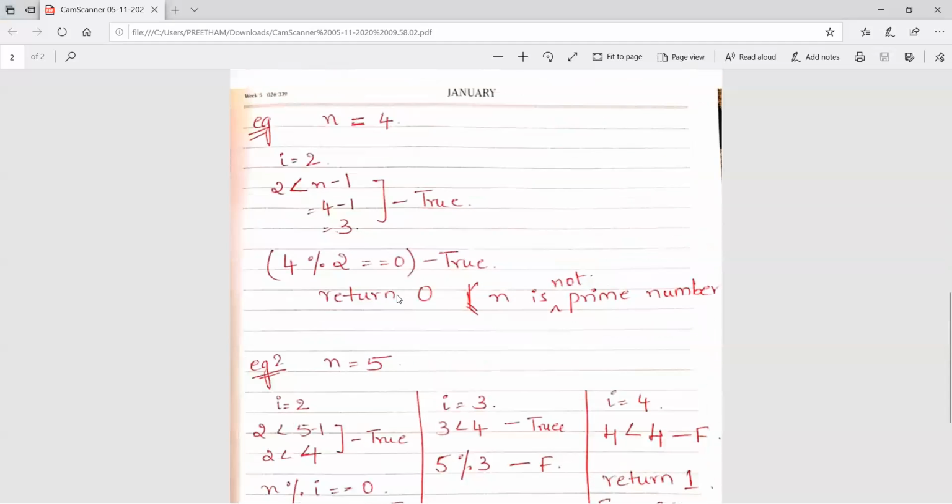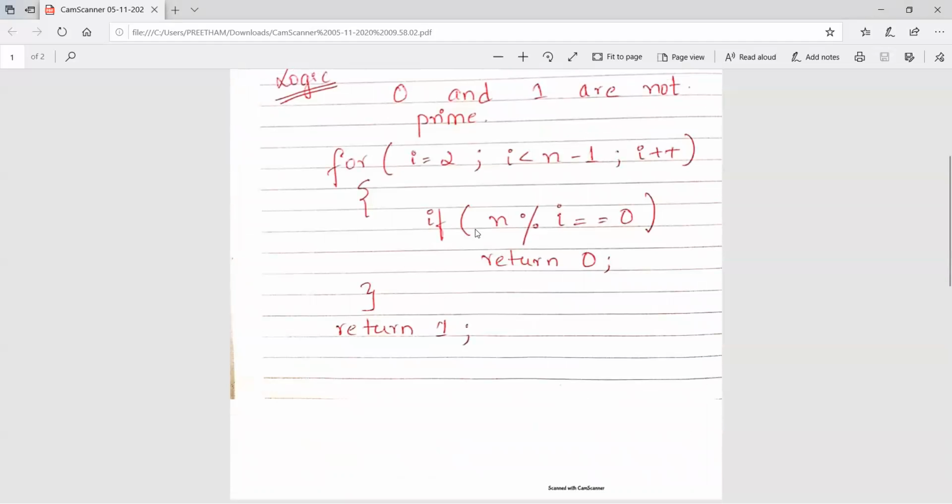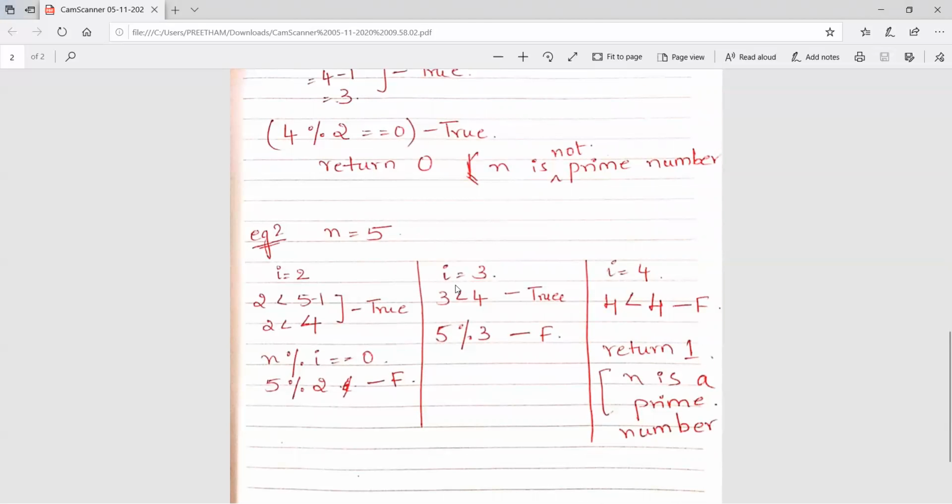This if condition is false, so I is incremented and the for loop is executed the next time. I is incremented from 2 to 3. 3 less than 4, true. 5 mod 3 is not 0, so it is false, and the for loop is repeated.